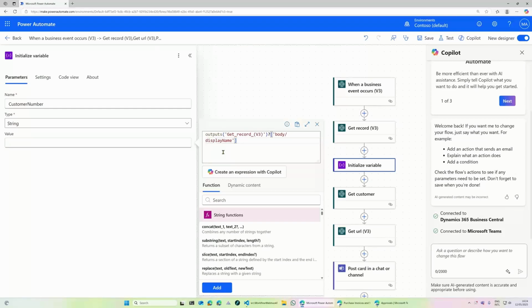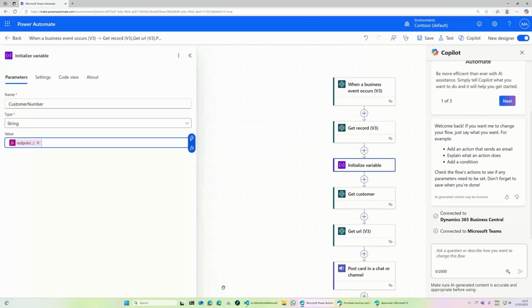And yeah, as you may know, the field names of an API are sometimes different from what they are in Business Central. A name is in the API certainly a display name, for example. What we know in Business Central as no is here in the API a number. But when you do it like this, you don't have to change the hard-coded value here. You can just use it as an expression, and that works as well.